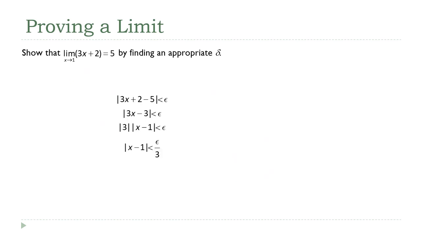All right, so what I've got here on the left side is just the steps from the previous slide. Right up here, this is where I did f of x minus L, and then we went through all of these steps, and we got this formula here. So what I need to show is that if the absolute value of x minus 1 is less than epsilon over 3, then the absolute value of 3x plus 2 minus 5 is less than epsilon. And you can do this just by walking through these steps